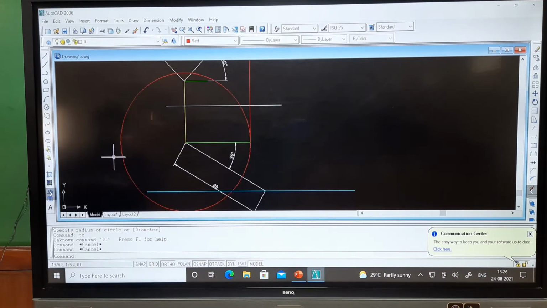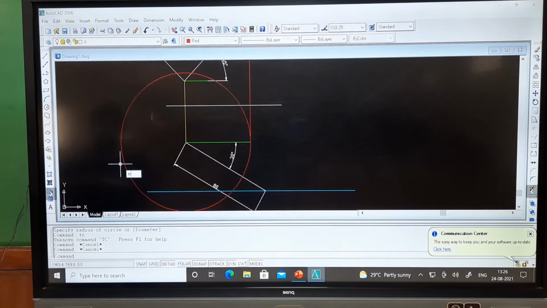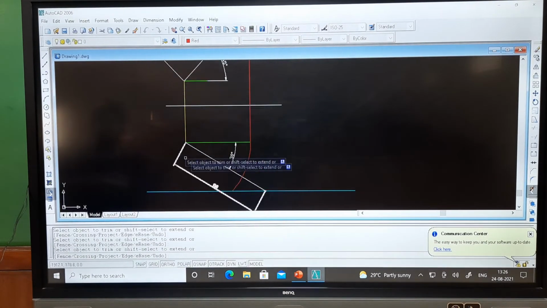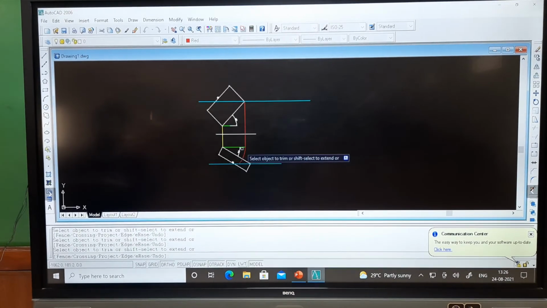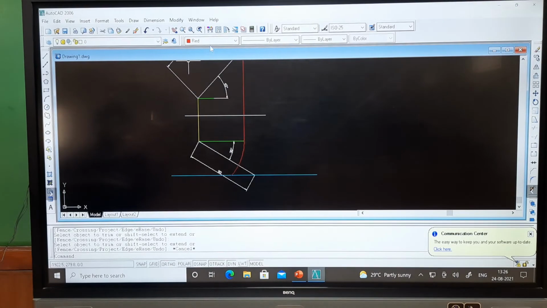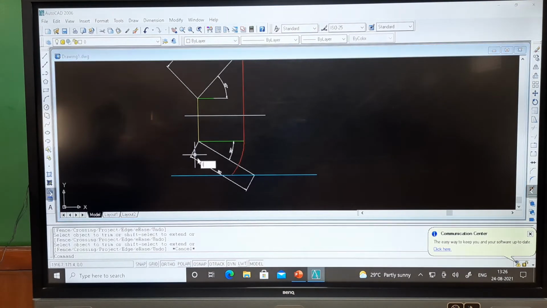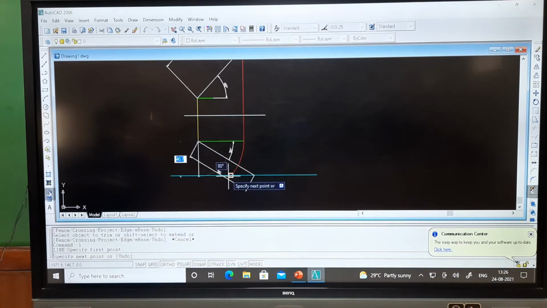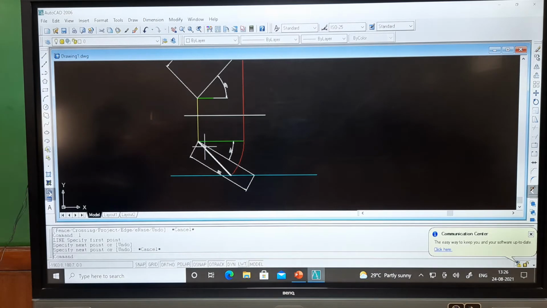The rest of the circle I have to trim, TR double enter. I will trim this one. So, you can see only the required arc is there, I am getting this one, from here to here. So, when a line is inclined to both the reference planes, whatever the line is inclined to HP, from here to here it is. This is the appearing length of the line from the top view.